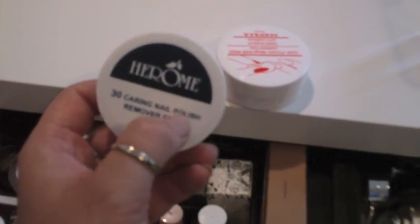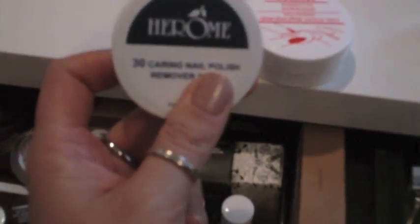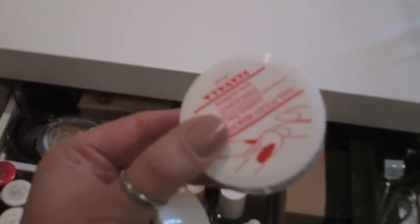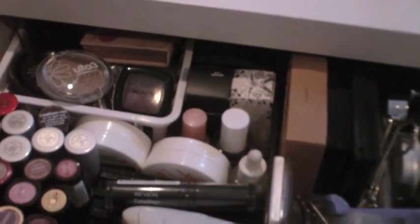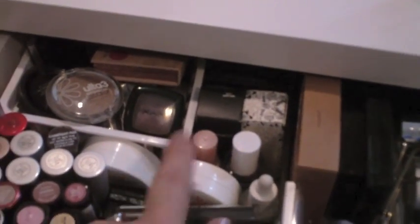It makes me think of Malibu for some reason when I use this, but I do prefer this one. It is a little bit cheaper. I try to get this at beauty supply stores rather than the chemists, but I find it really well worth it. Instead of using like 50 pads of other brands or going through tons of tissues using all the acetone based or even the non-acetone based bottle ones, this lasts ages, worth the price. Anyway,